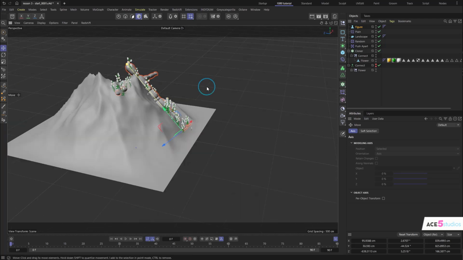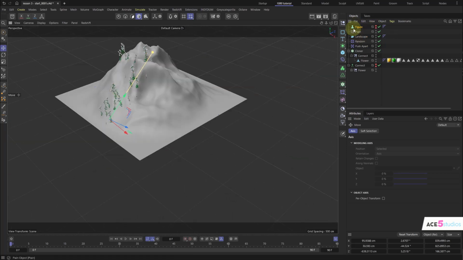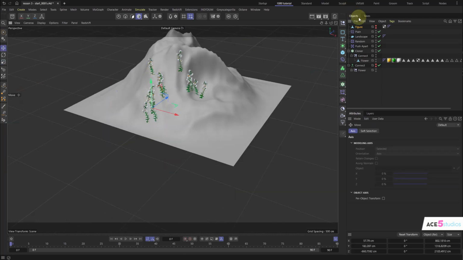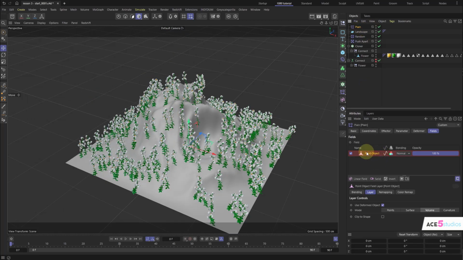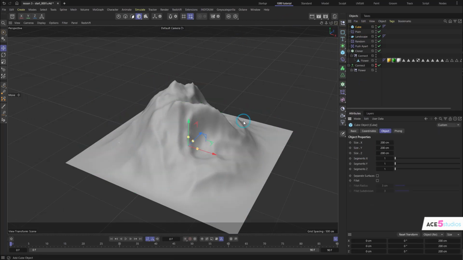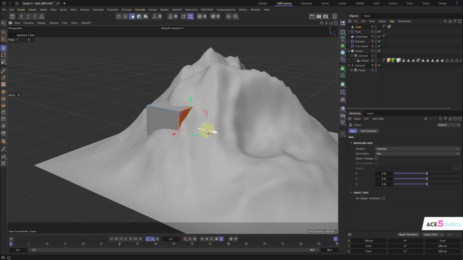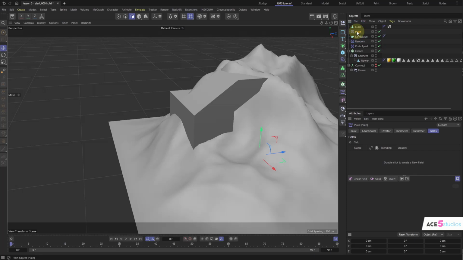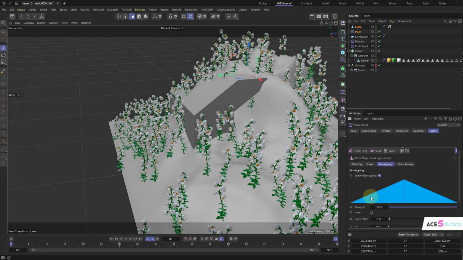Super convenient. And if you hide the figure, then it just grows the flowers there. Anyway, the point is you can load meshes in to control this stuff. So if we just load a square here, or a cube, we can make it editable, we can move these guys around, and our plane will have the cube there, and if we invert it,